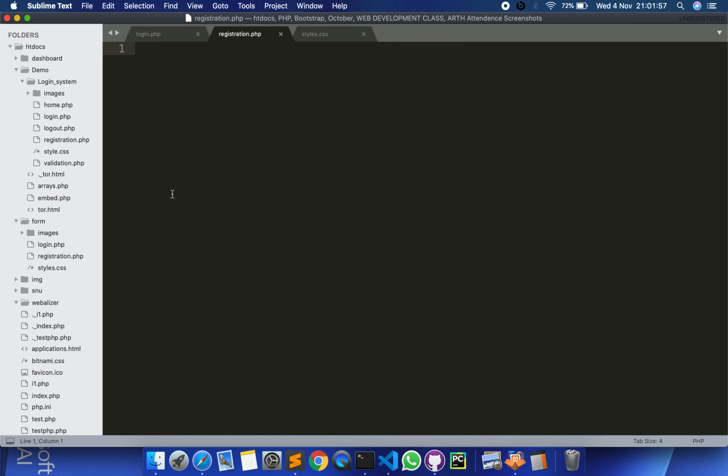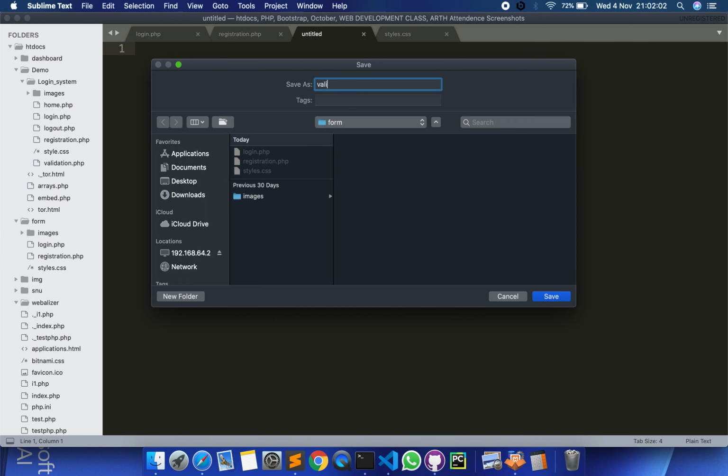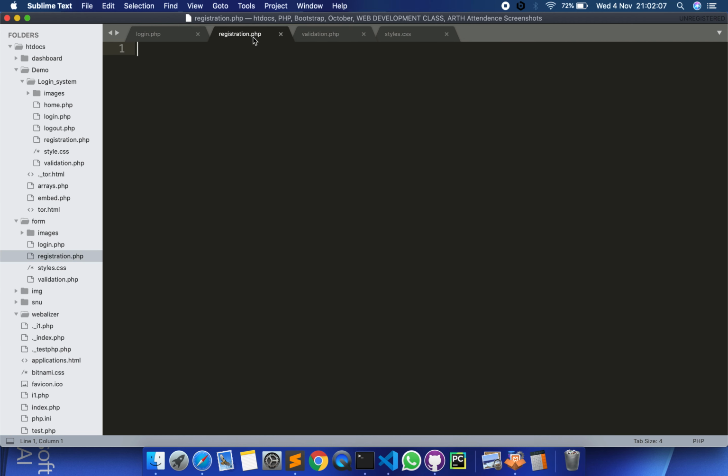registration.php, and second will be a new file, validation.php. Done. Now first let's work on this registration page. So let's first of all, as you all know, PHP code starts with this set of brackets, then question mark, and finally this PHP tag. Okay, now what we need to do, we need to write our whole code inside this thing.